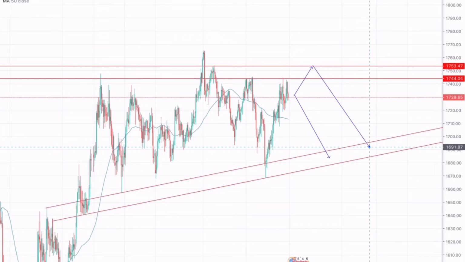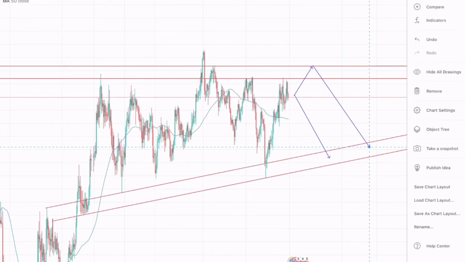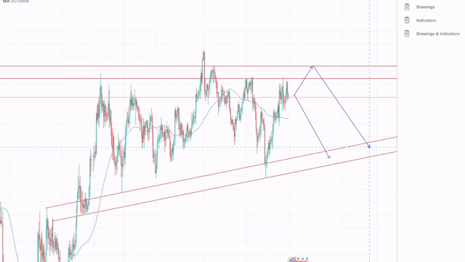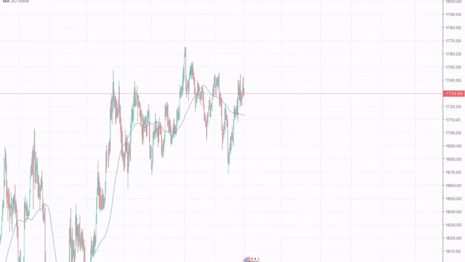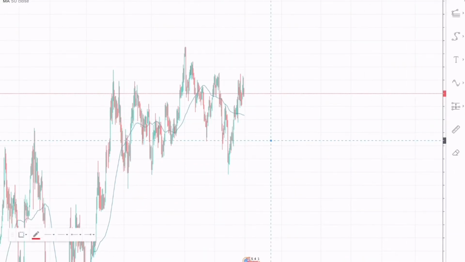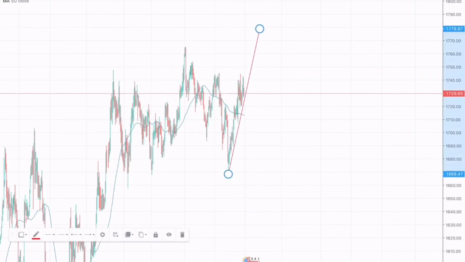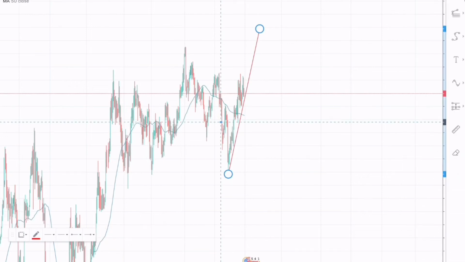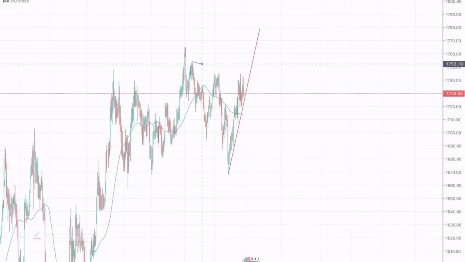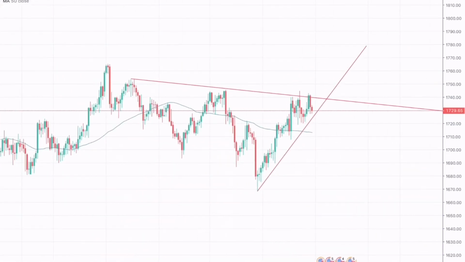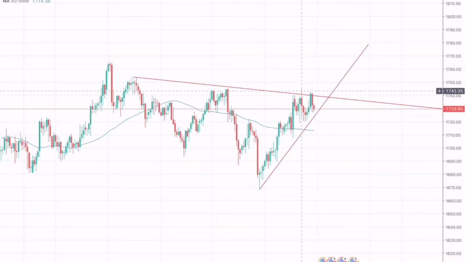Moreover, we can see symmetrical triangles being formed. Let me draw that. This is the support of the symmetrical pattern, and this would be the resistance of the symmetrical pattern. Here we can see that the market has had a fake breakout from somewhere around here. Then again here we can see that the market is currently testing the support trend line. Now going on to the